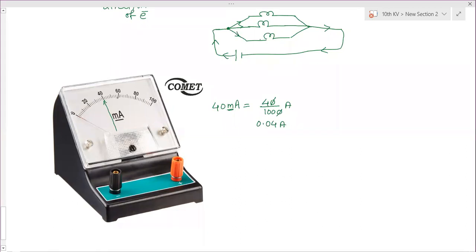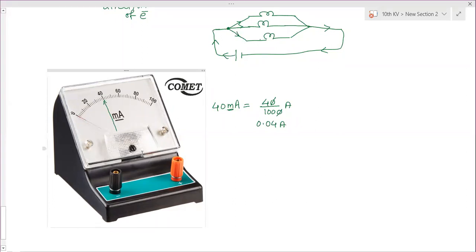Okay, so this dial and how to measure it, you should know, because sometimes the question is asked, an ampere scale is given in the question. You have to count the value of the current shown by that ammeter device. Clear? Yes, ma'am.